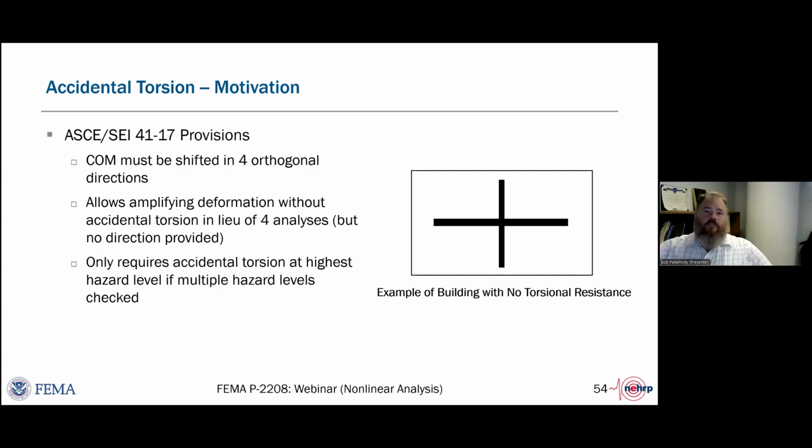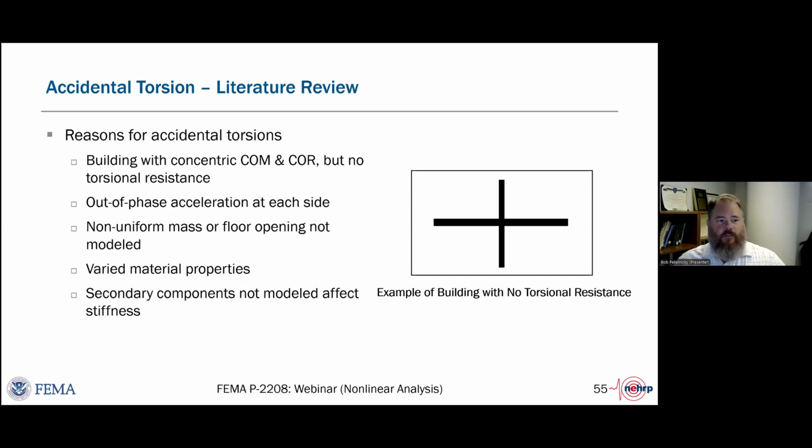So we started discussing, why do we need accidental torsion in the first place? Today, we've come so far from running planar hand calcs and distributing forces to planar frames or walls based on a hand rigid diaphragm analysis. So we went back to a significant literature review, trying to understand why we need accidental torsion.